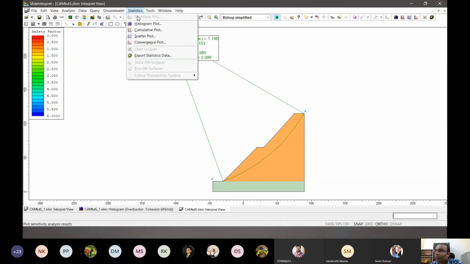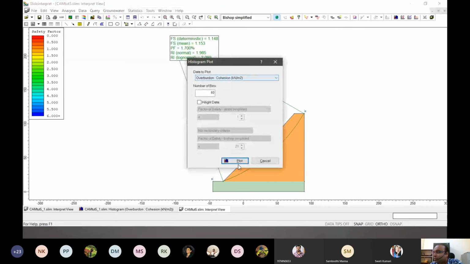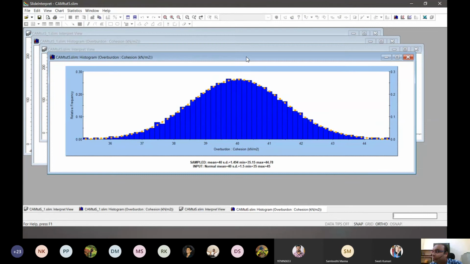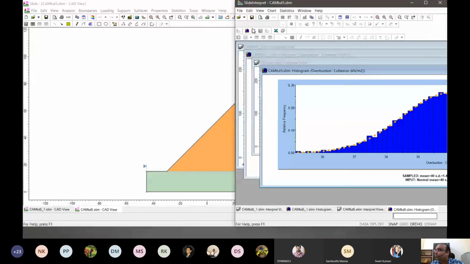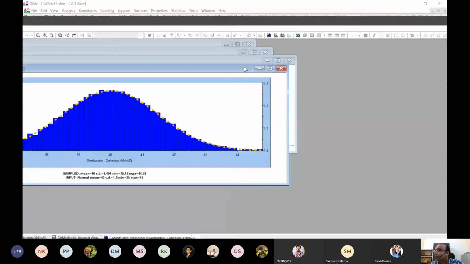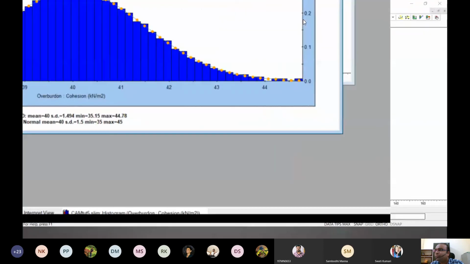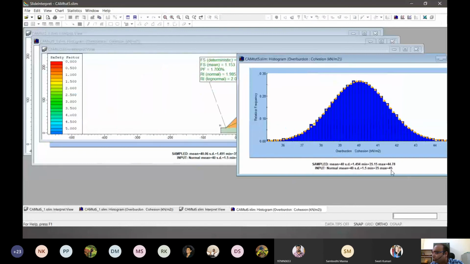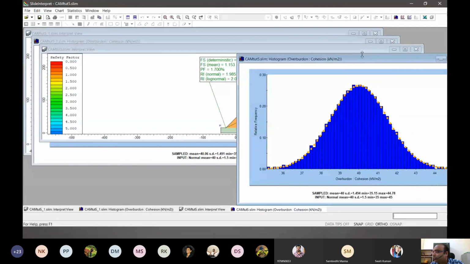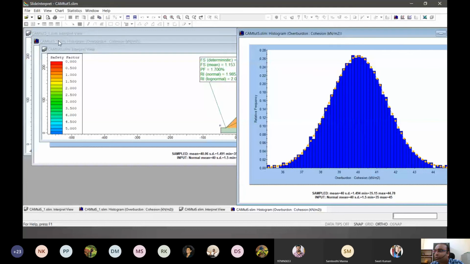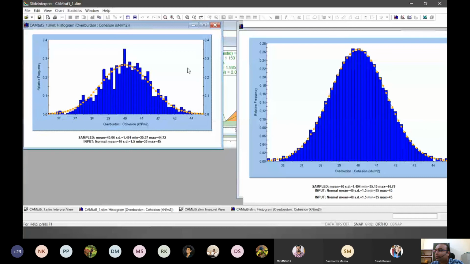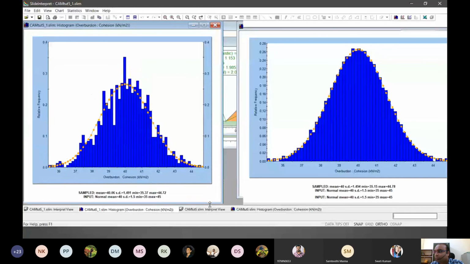Now we plot the histogram for this cohesion plot, and you can actually see how different these are. Let me put them side to side. This is for the hypercube method, the distribution that it tried for the same number of variables, and this is by the Monte Carlo simulation.